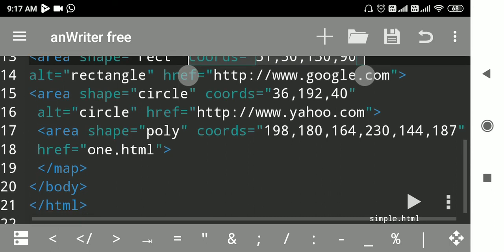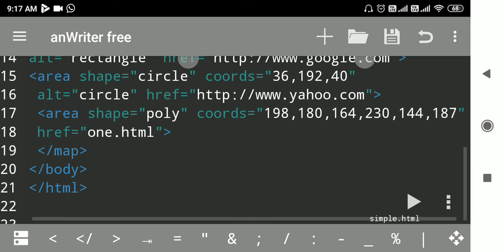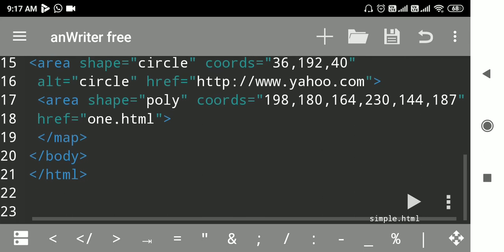Then another shape, area shape equal to circle. Again the coords attribute defines the coordinates of the circle shape, and alt and href specify the URL for the clickable region. After that we use area again for another shape, area shape equal to poly. We mention the coordinates of that shape.